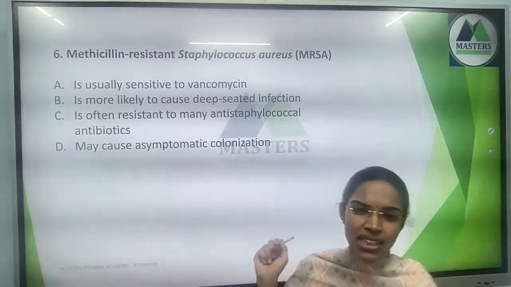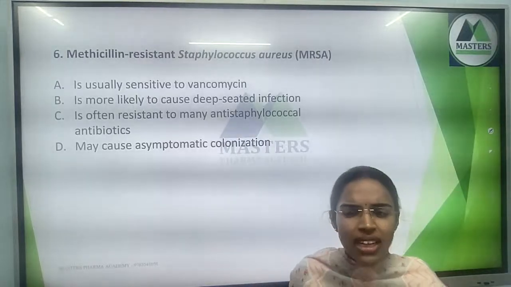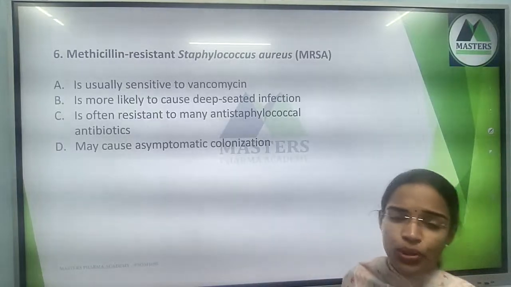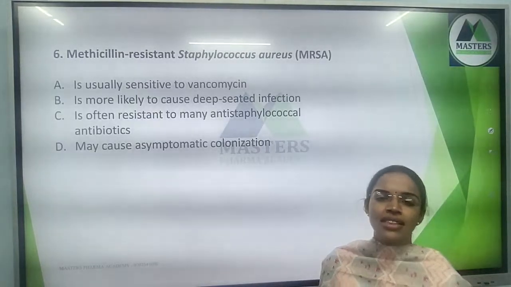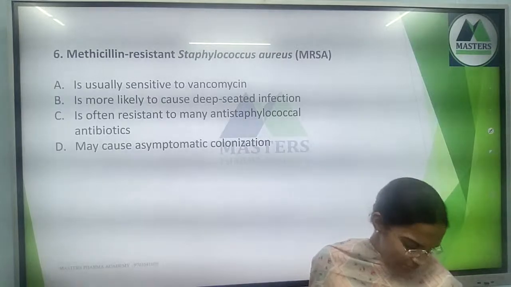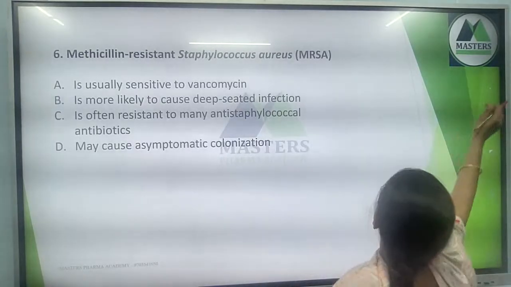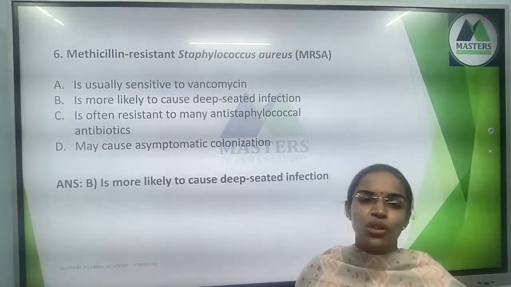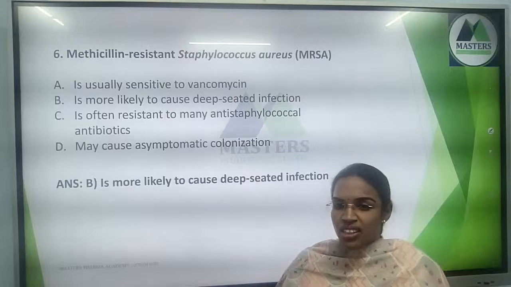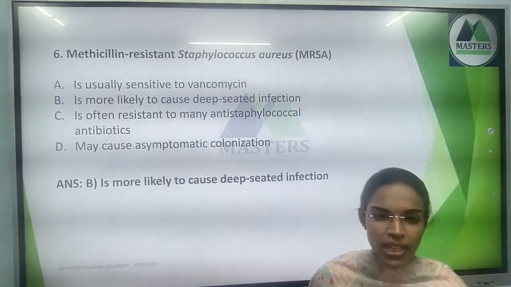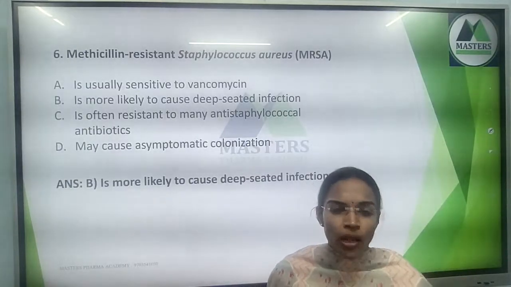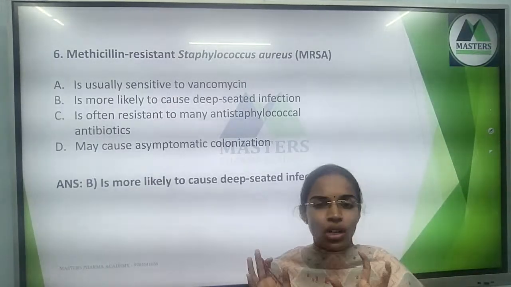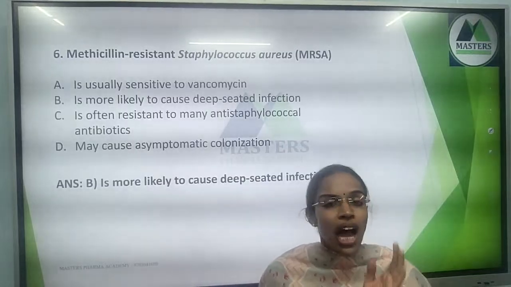Right answer for this question, methicillin resistant Staph aureus, what does it do? Yes, option B. And any more answers? More answers, please. And the right answer is yes, it is more likely to cause a deep-seated infection. Very good. Why? Staphylococcus aureus is a type of bacteria, and most of the